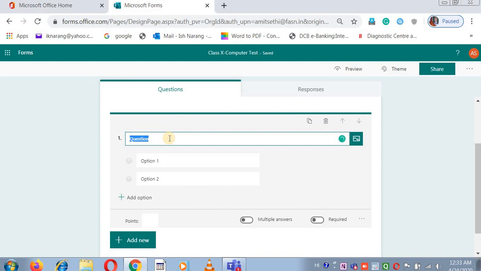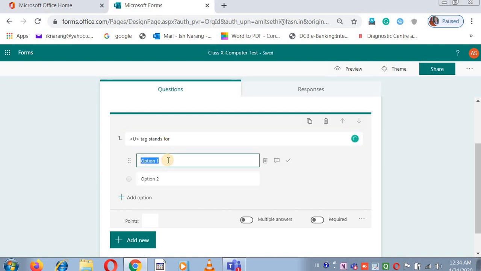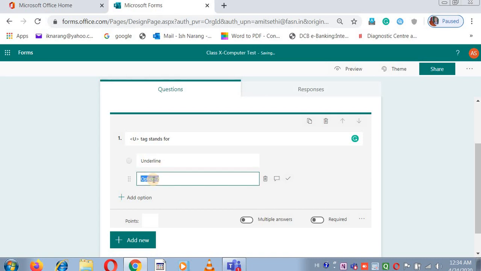Like the question is, what does HTML stand for? First option, say, and second option. Understand? Now we know that the correct answer is here, so mark the correct answer here. So the system will correct on your behalf. So we need to tell the system which one is the correct answer. So I'll just tick here.